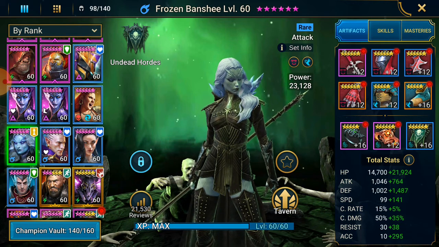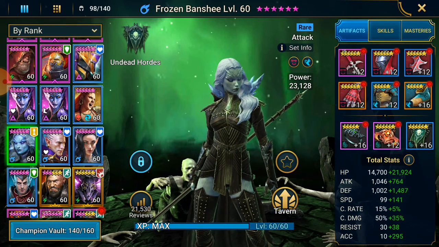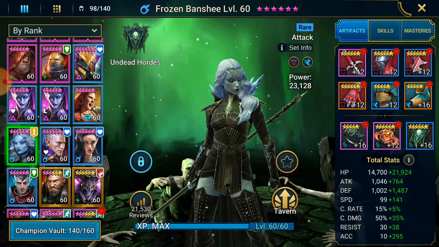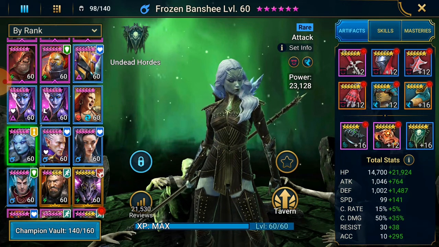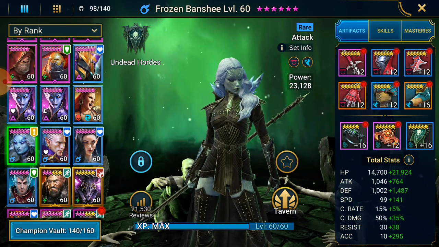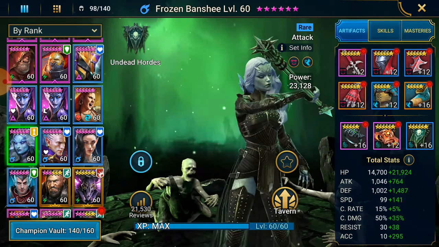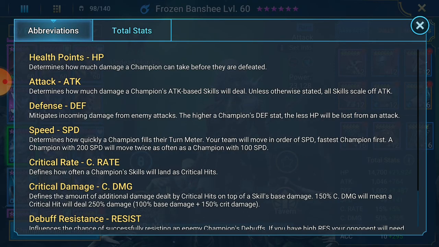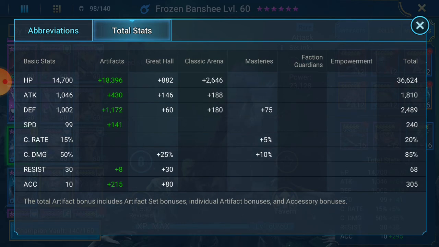Speed 99, so average speed. Crit rate, crit damage, we're not going to worry about it unless we're putting it in savage and we're just doing like a show off video. Otherwise you would just not worry about it. Resist is 30, around 10 base accuracy, which is pretty cool. And so 36,600 HP, 1800 attack, 2.4k defense, 240 speed,